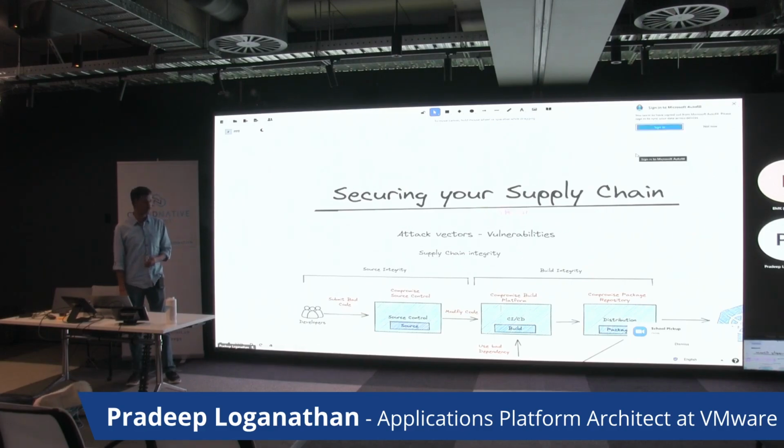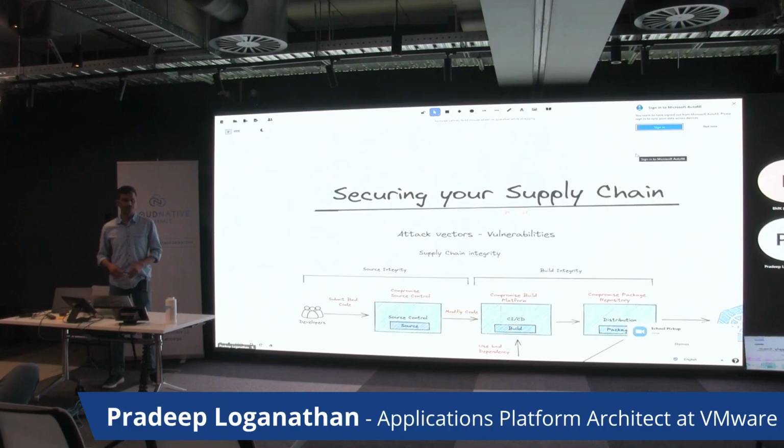From a supply chain perspective, how many people here are platform operators or people who run platforms for development teams or create supply chains? Okay. Can you folks at the back hear me? Sorry about that. Okay. How many folks here use supply chains as developers or engineers?